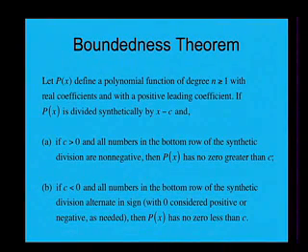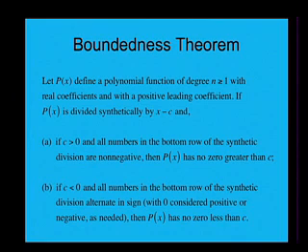Well, we have one more theorem that will help us in determining zeros called the Boundedness Theorem. And it says, let p of x define a polynomial function of degree n greater than or equal to 1 with real coefficients and with a positive leading coefficient. If p of x is divided, synthetically, by x minus c, and part A, c is greater than 0, and all numbers in the bottom row of the synthetic division are non-negative, then p of x has no zero